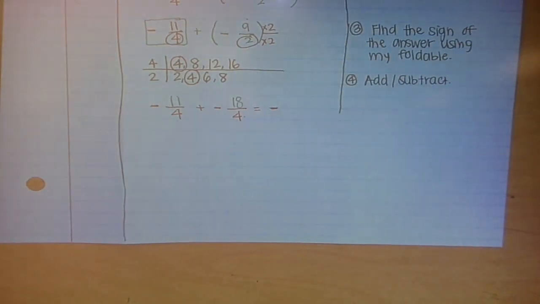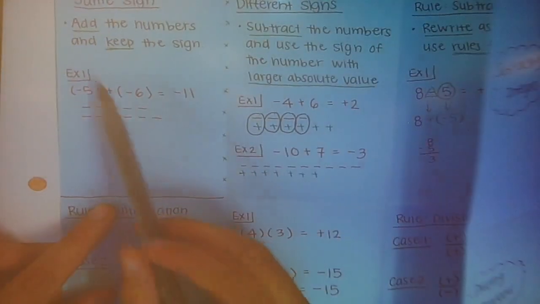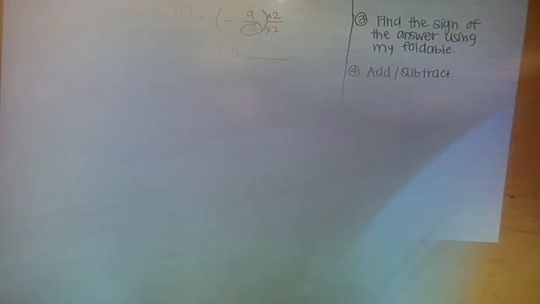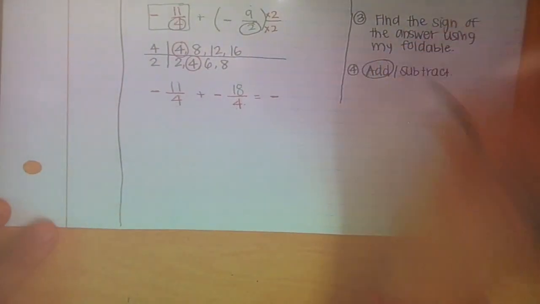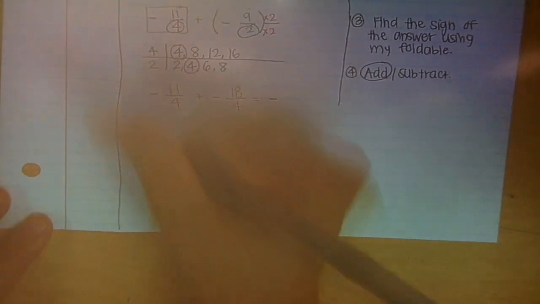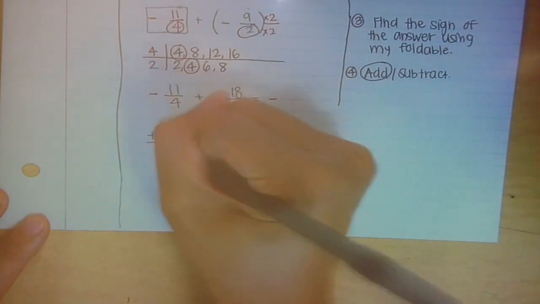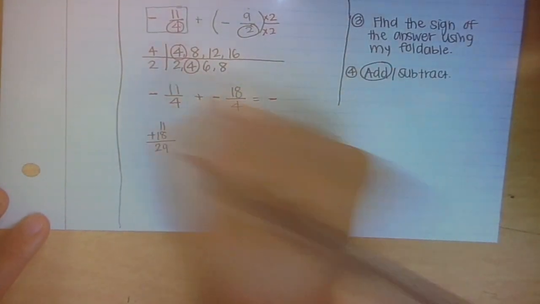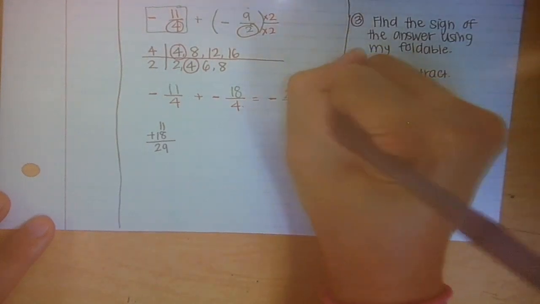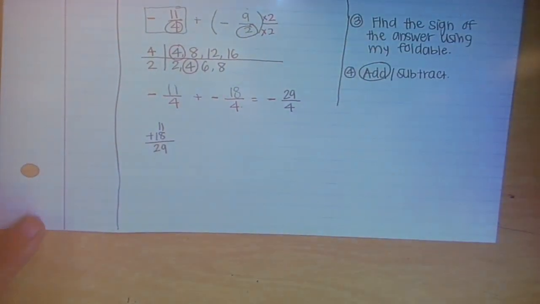In this case, my foldable tells me with the same sign I need to add the numbers. So I'm going to circle add the numbers. So I add 11 plus 18, and that's going to give me 29. So that's 29, and the denominator stays the same. Negative 29 over